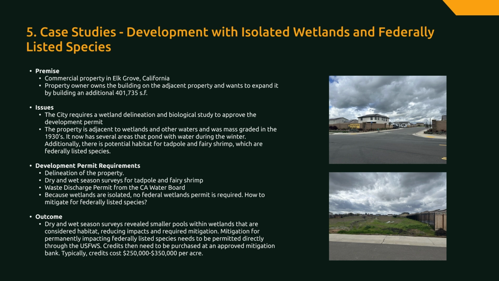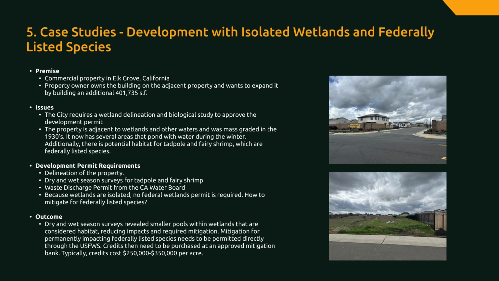Dry and wet season surveys revealed smaller pools within wetlands that are considered habitat, reducing impacts and requiring mitigation. So basically, we were able to reduce the amounts of habitat mitigation required for the property by conducting our dry and wet season surveys and reducing the total amounts of mitigation required by the project by up to about